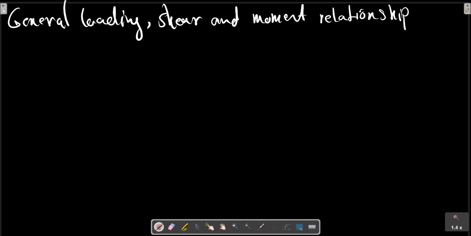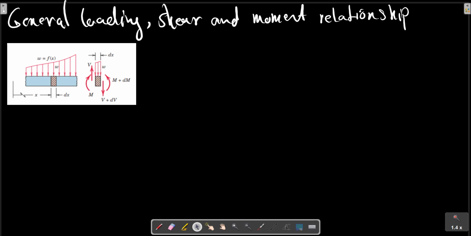For any beam with distributed loads, we can establish certain general relationships which will aid greatly in the determination of the shear and moment distribution along the beam. For this purpose, consider this picture, which represents a portion of a loaded beam